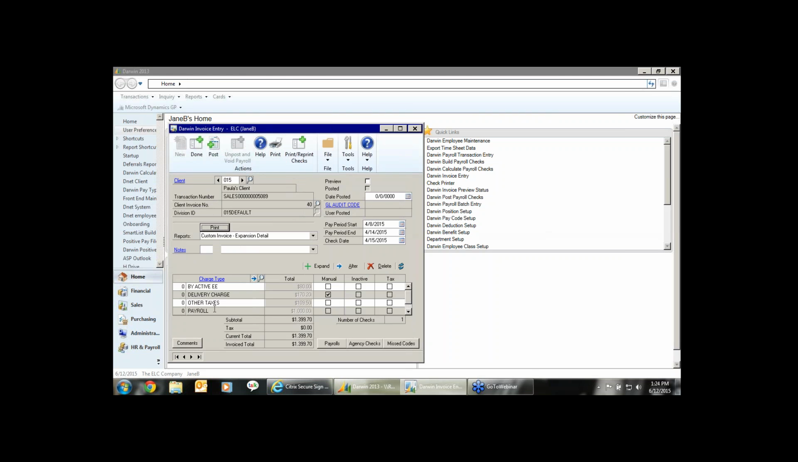The other thing I wanted to show you that is also new with the invoice piece of Darwin 12 is once you have a charge out here, sorry,